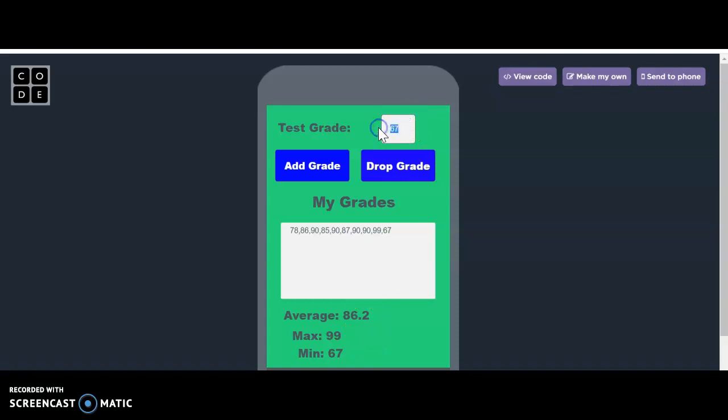When I go to drop grade, I'm going to put in, say, 90 because there's several of them that appear in this list. When I click drop grade, it's going to drop any 90 that's in there, not just one of them. So notice that when I click drop grade, now my list loses all the 90s and everything. Again, the average, the max, and the min still recalculate. So then when I add another grade there, 87, maybe I'll add like an 85, and continues to update as